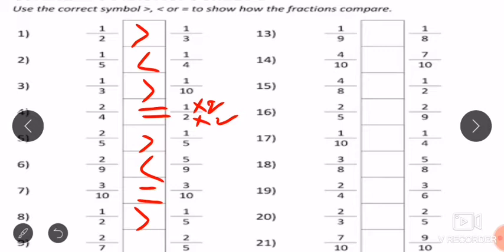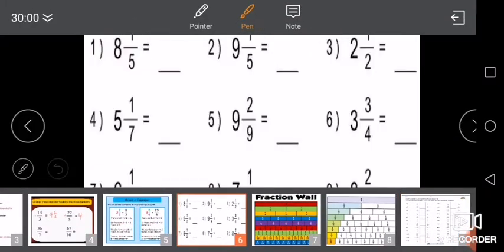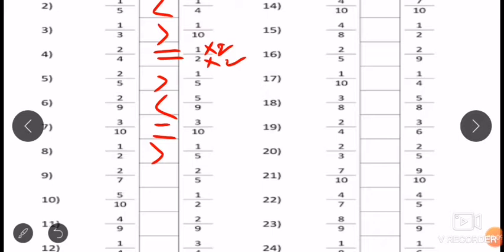See, for finding this you can use like fraction method. What you will do here, you will multiply this by 7 with the numerator and the denominator. So this question number 9, you are going to compare it, and then you will get that 2 by 5 will be greater. Now the next, 5 by 10 will be reduced to 1 by 2, so this will be equal. Now 4 by 9 and 2 by 9, but obviously whichever numerator is greater, that will be greater.